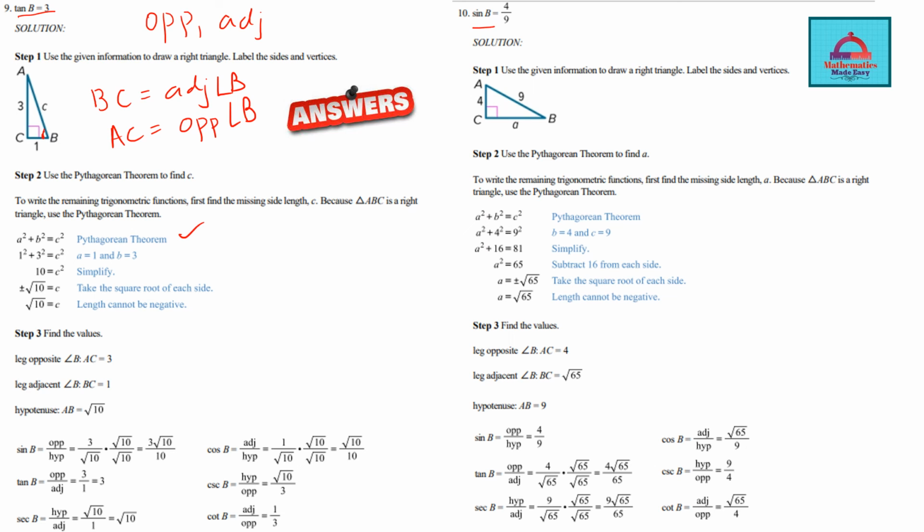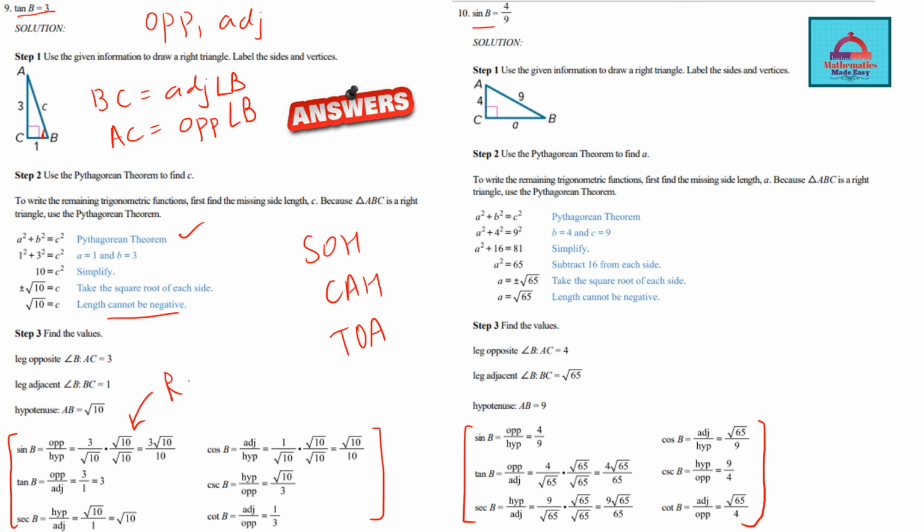However, the Pythagoras theorem, finding the third side and using SOH will be the same thing for both of these questions. So just check your answers. For all the 6 trigonometric ratios, it will come out to be this. And before we move on to the next slide, one fact that I would like to remind you, maybe some of you have forgotten, is about